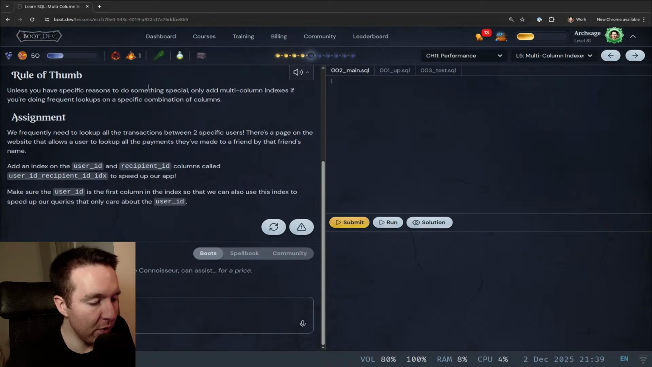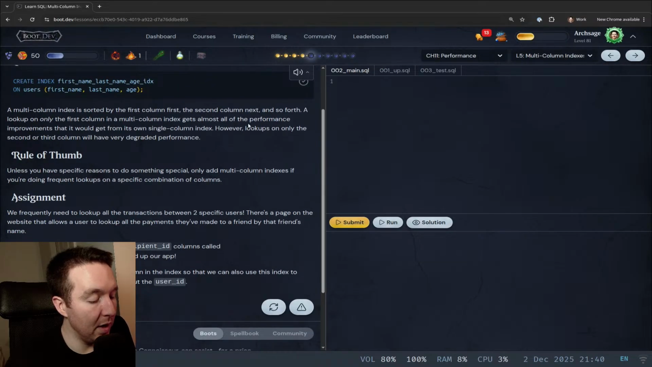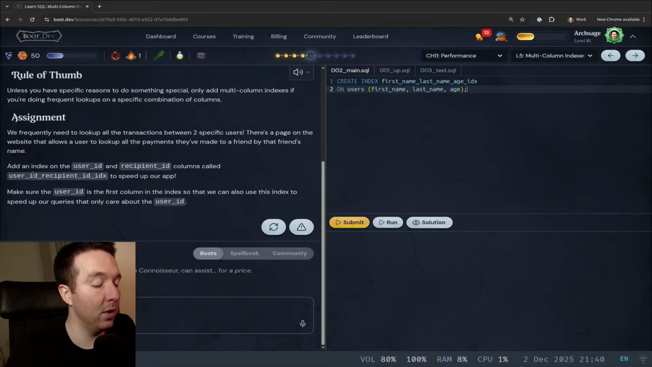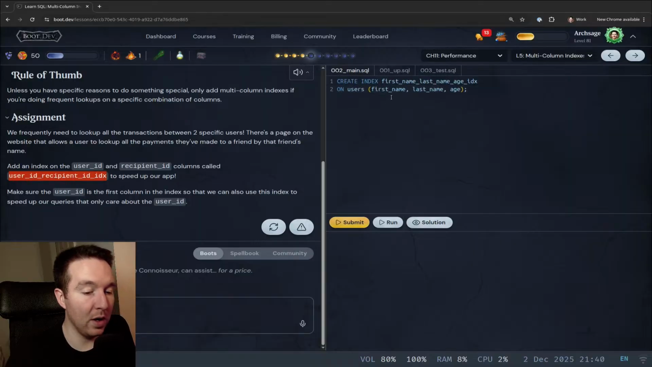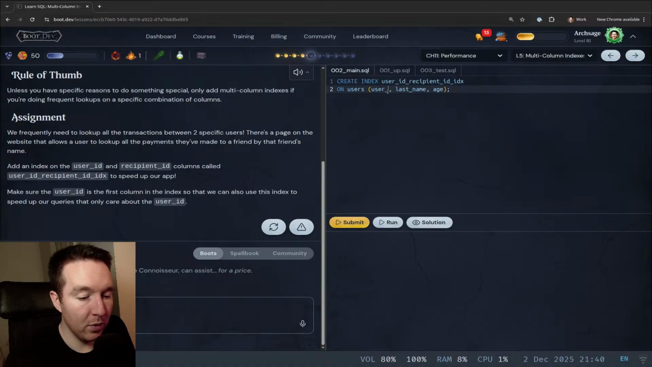Assignment. We frequently need to look up all transactions between two specific users. There's a page on the website that allows a user to look up all the payments they've made to a friend by that friend's name. Add an index on the user ID and recipient ID columns called user ID recipient ID IDX. Make sure user ID is the first column in the index, so we can also use this index to speed up our queries that only care about user ID. So it's going to be user underscore ID